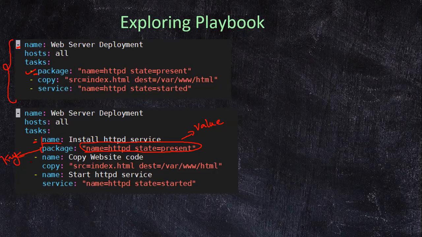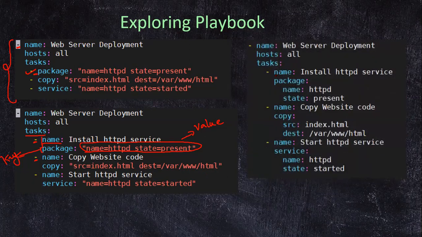This has to follow the same indentation. Then the second task also has to start with a dash, and this is the name, then what it is performing. Similar to this, we follow the same syntax. But again, there is another optimized manner. This is just a best practice which you follow, specifying the name of each of the tasks. This again is referred to as short form notation, but we can write this in a better manner. That is the default full notation, which is something like this.